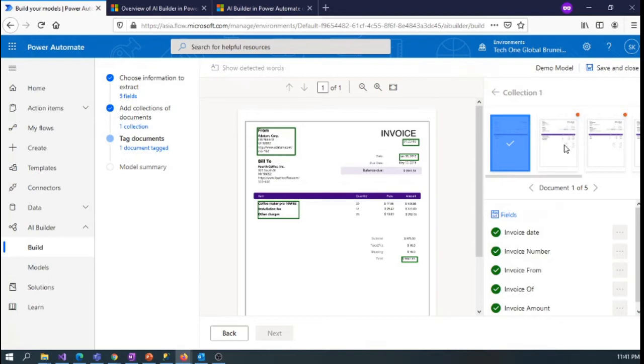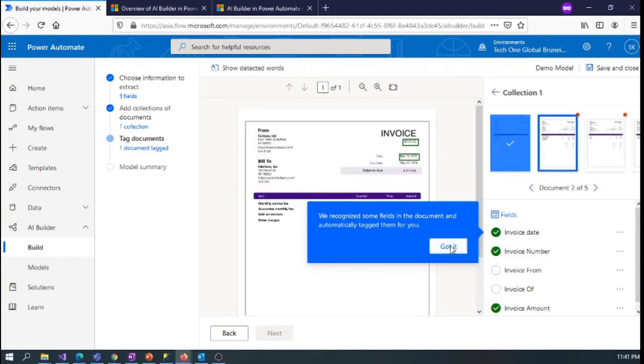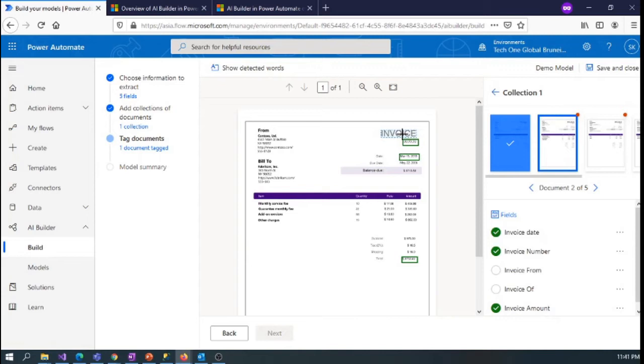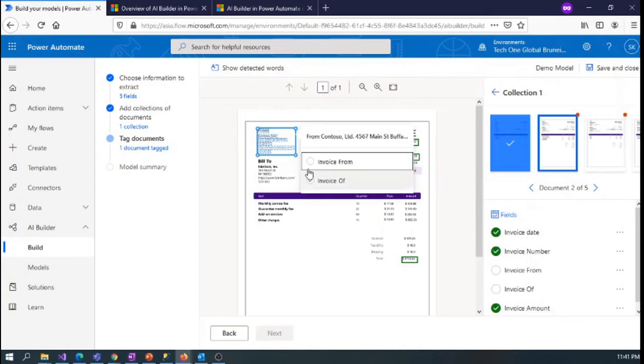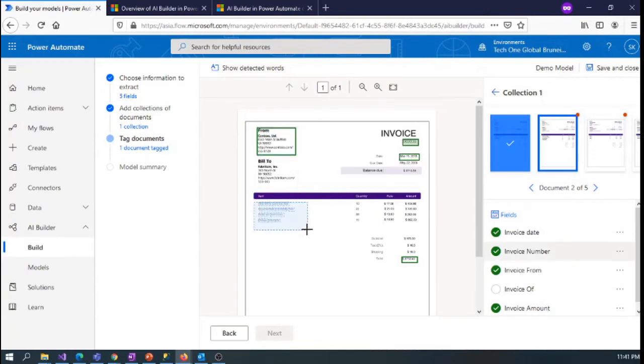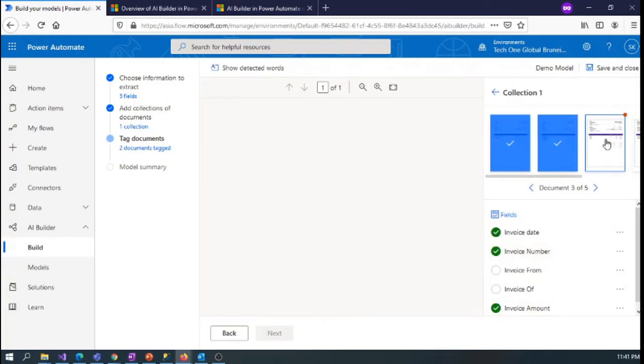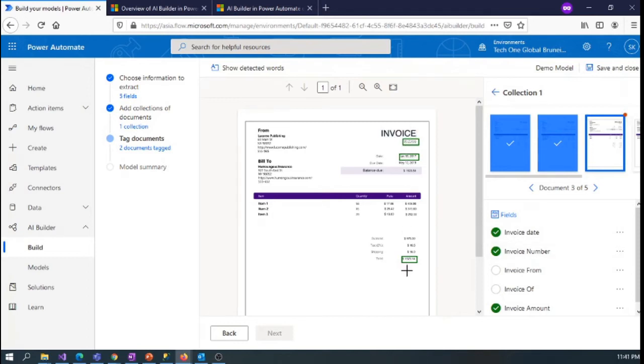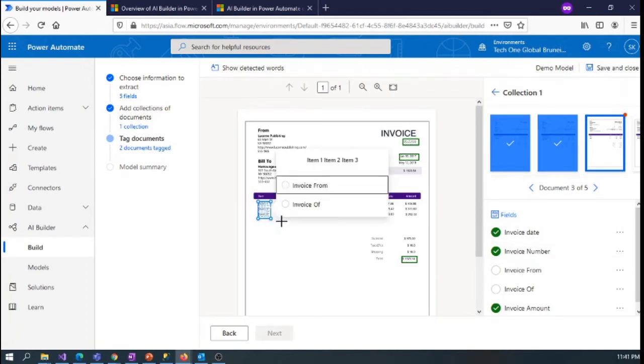The same process we have to follow for all the documents. So I am going to the second document. By default it has detected and tagged some of the fields. This is remaining, and this is invoice from, and this is invoice of. For the third document also it has detected 3 fields by default. And this is remaining.